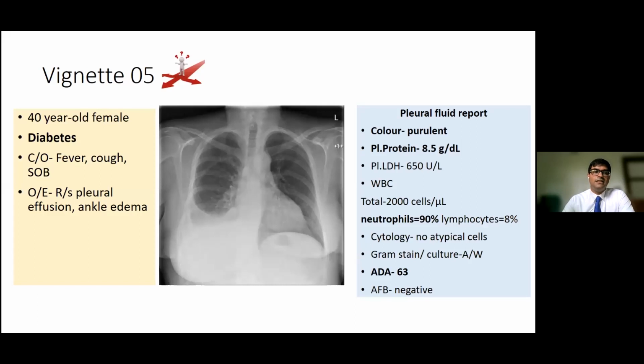Case number 5 is a 40-year-old female with diabetes presenting with fever, cough, and shortness of breath. There is a right side pleural effusion on the chest X-ray with no parenchymal lung changes or mediastinal adenopathy. Pleural fluid report: the color is purulent and it is an exudative effusion with neutrophil predominance, and ADA is high, more